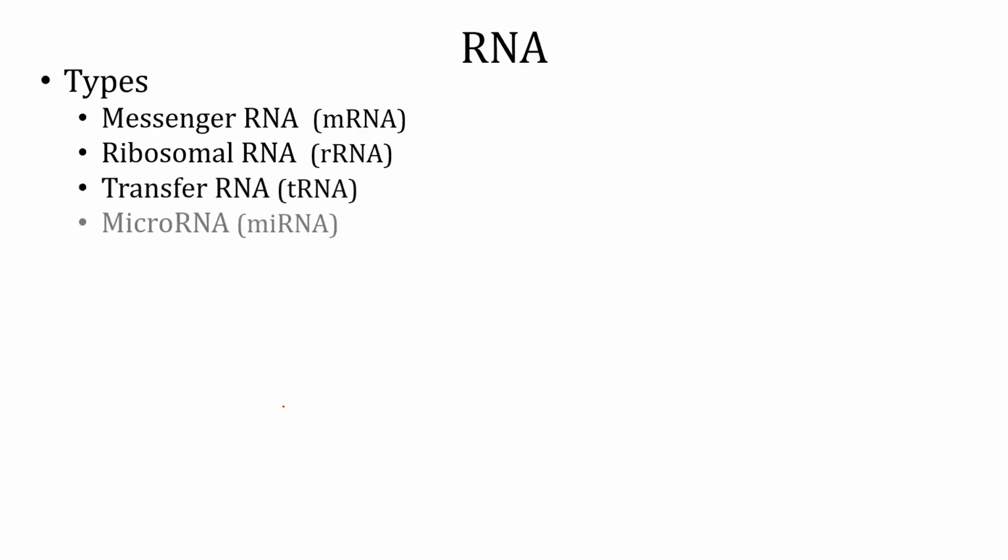One last bit here about RNA, and then we'll be done. RNA has a whole bunch of different types, and I already introduced you to messenger RNA. This is the thing that takes the information stored in the nucleus and brings it out to the site where proteins are made. But the process of making protein is also going to utilize these other types. And I'll just make a few notes about them. Okay, so messenger RNA, we said, is